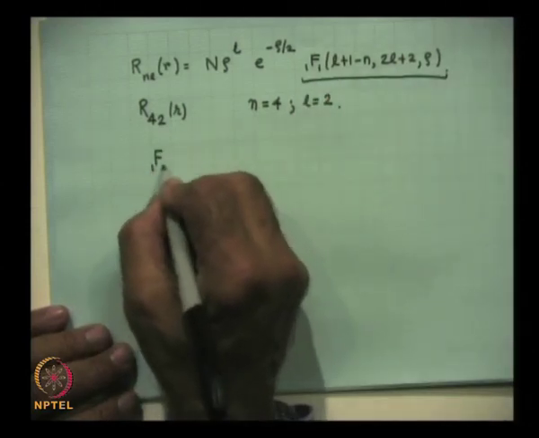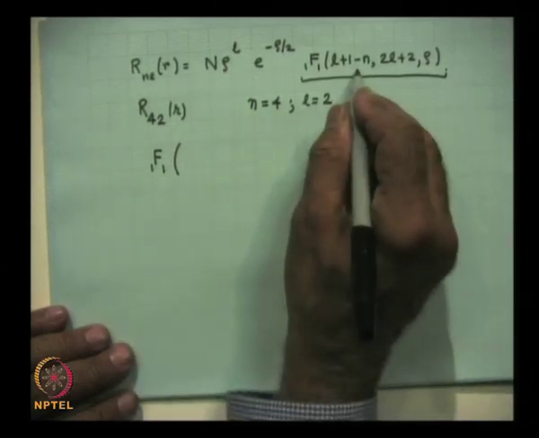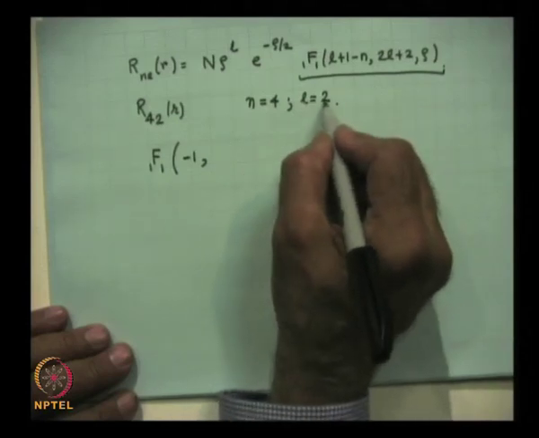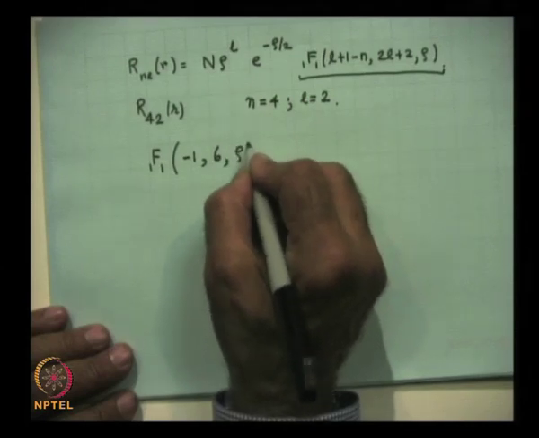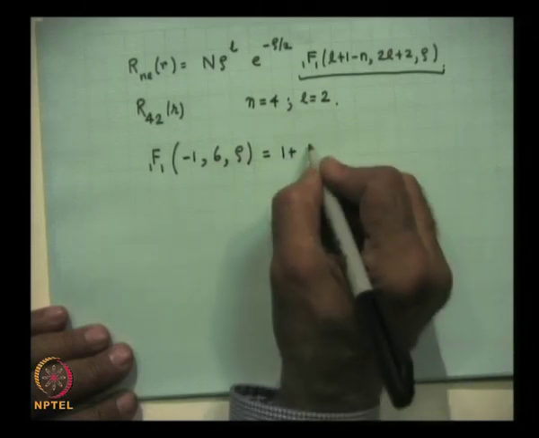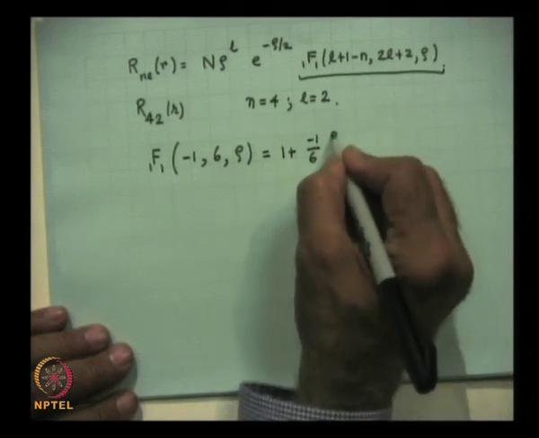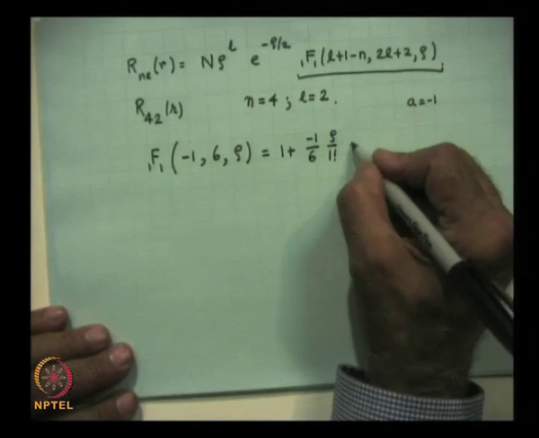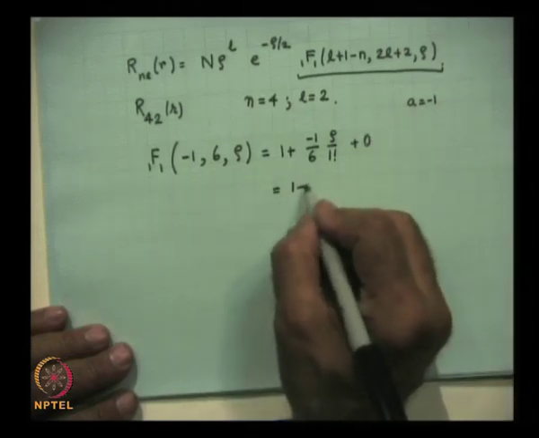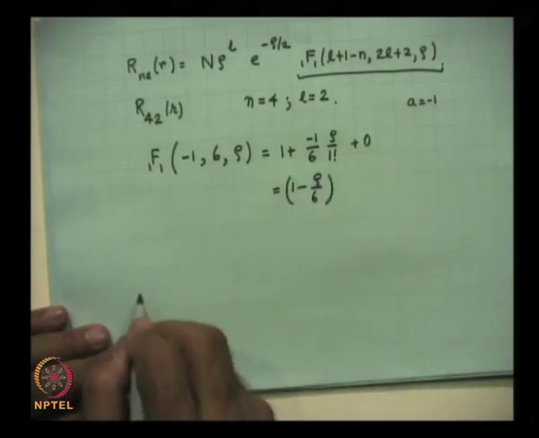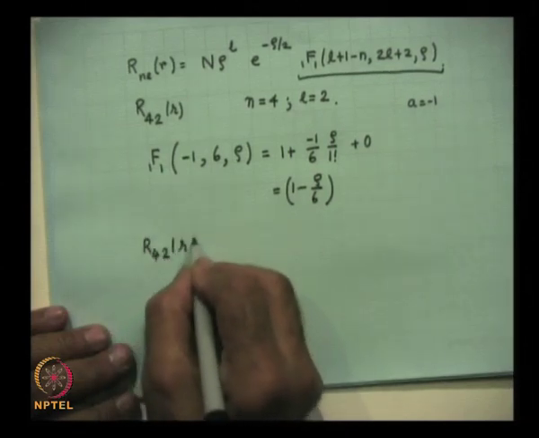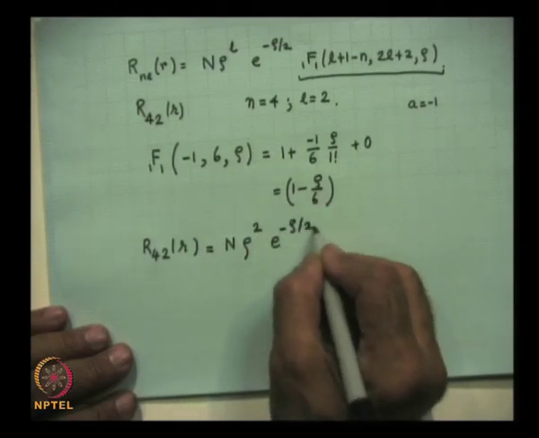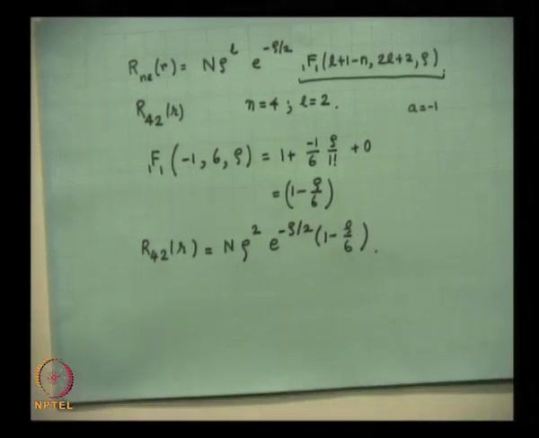So, the hypergeometric function has A equal to L plus 1 minus n, that is 2 plus 1, that is 3 minus 4, that is minus 1, and C equal to 2L plus 2, that is 4 plus 2, 6, into rho. So, this is 1 plus A by C, that is minus 1 by 6 into rho by factorial 1, then A into A plus 1, with A equal to minus 1, so that is 0. So, this will be just 1 minus rho by 6. So, R 4 2 of r will be equal to N rho squared e to the power of minus rho by 2 times (1 minus rho by 6). The confluent hypergeometric function